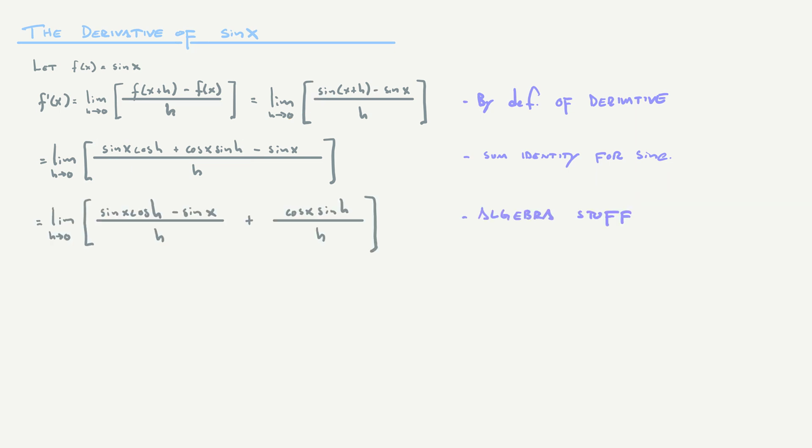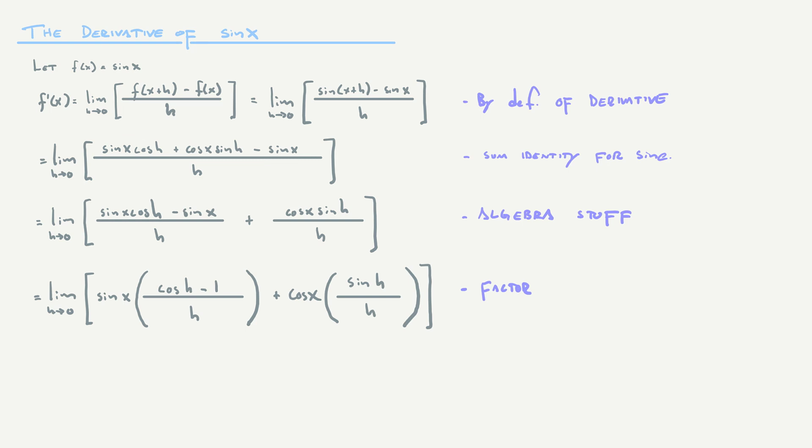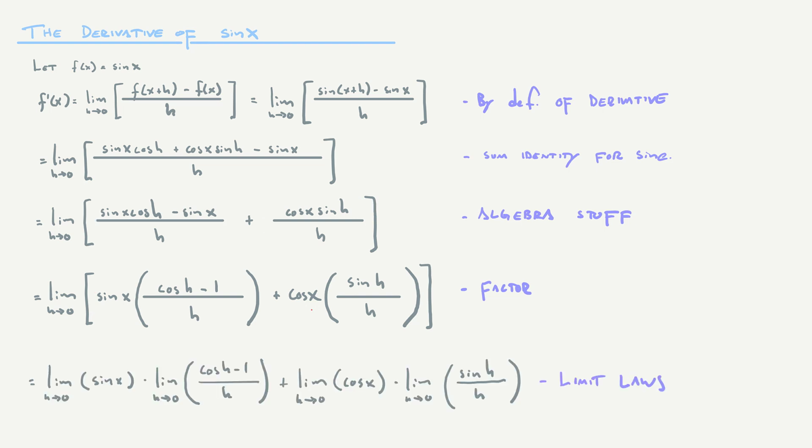For the second step, I went ahead and I associated some stuff. I kept these things together and made them their own fraction, and then I took this piece and made it its own fraction. The denominator has to go to both pieces, though, because that's the definition of breaking apart fractions like this into separate sums. And the reason I broke them up this way is so that from this one I could factor out a sine of x, and from this one I could pull out, not really factor here, but pull out, separate, maybe is the right word, a cosine of x for this thing,